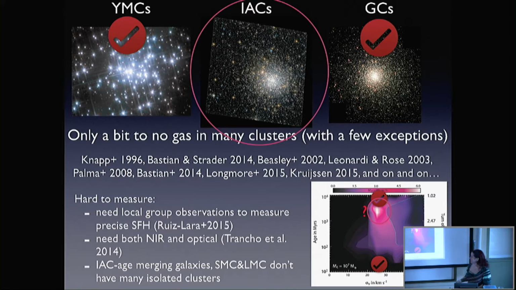For intermediate age clusters, though, we predict that maybe there should be a lot of material. It shouldn't be forming stars, but maybe there could be a lot of material there. So luckily for a theorist, it's actually very hard to measure for a variety of reasons. You'd need to detect gas down to these levels. You'd need pretty local observations, and if you want to detect star formation, you need to get even higher precision measurements. You also have to take measurements